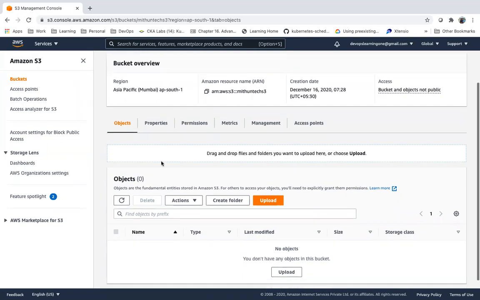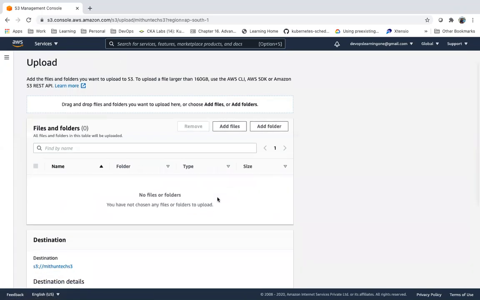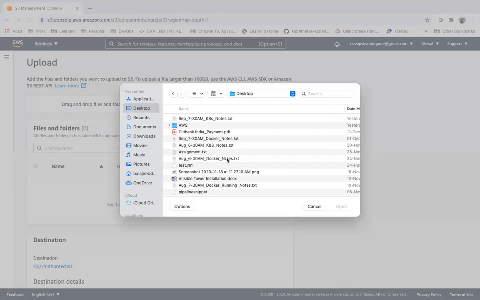So I will try to upload some files. We can create folders and maintain the data, and we can upload the files in the S3 bucket. Let me try to upload some file.